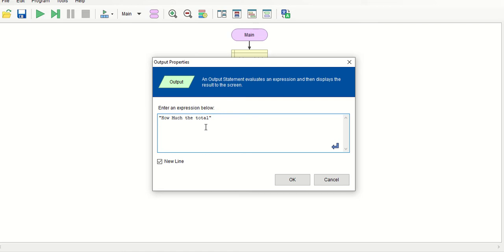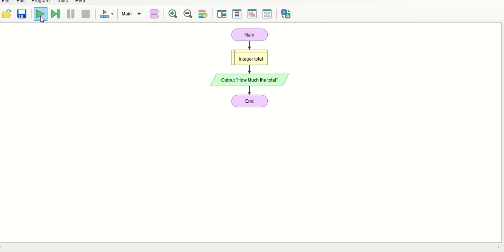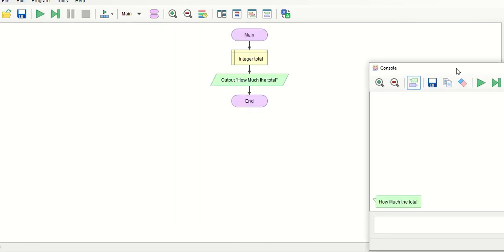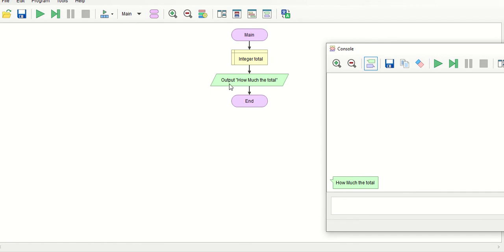If I write without inverted commas, I am using a variable, so that means I am talking about the variable. But in inverted commas, whatever I write will come the same. You can run your program from here, and you can see how much the total. Why is it coming? Because of the output, because the computer is asking us.